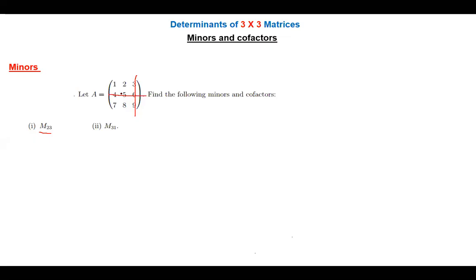So when we delete the second row and the third column here, what is the minor of this matrix? M23 is going to be equal to